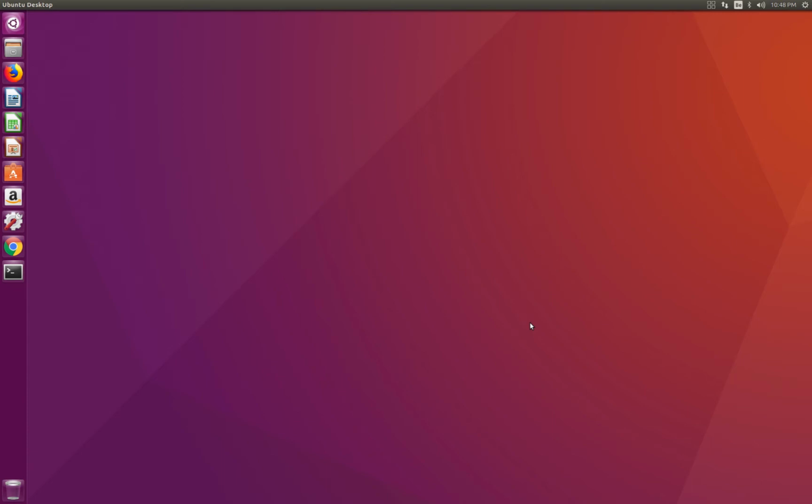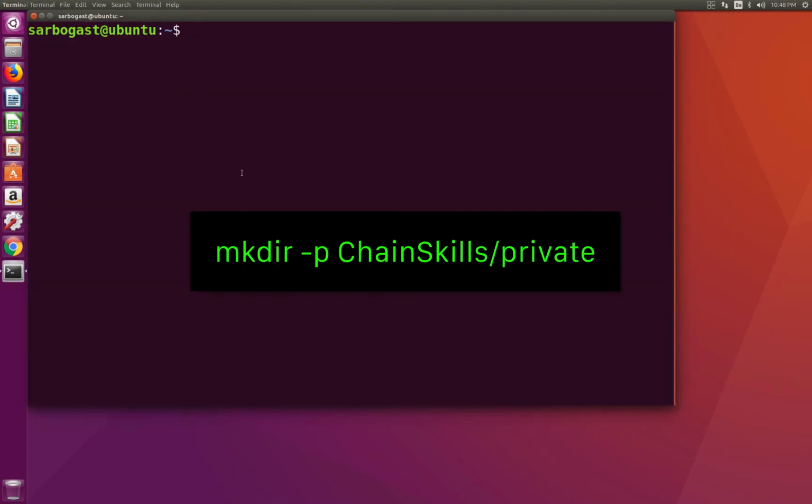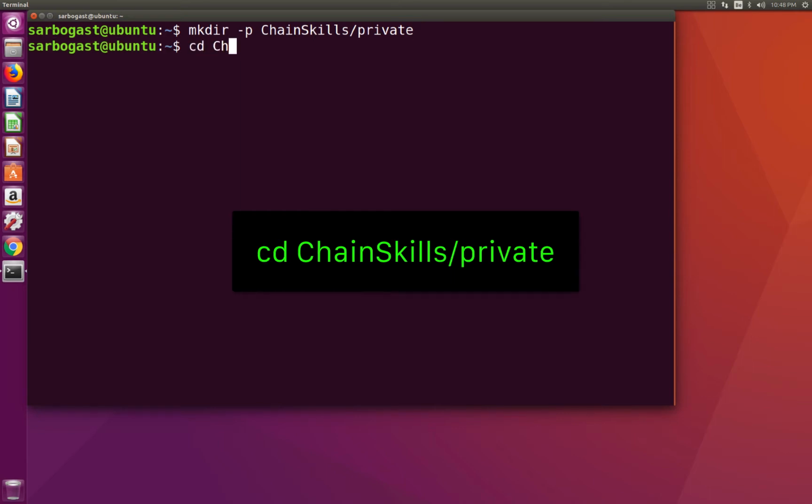Now let's start by creating the folder that will host the database and the accounts for our private node. To do that, let's open a new terminal and run mkdir -p chainskills/private. So we're doing this from our user home directory in order to create our private data directory inside the chainskills directory inside our user home directory. And then we can go to